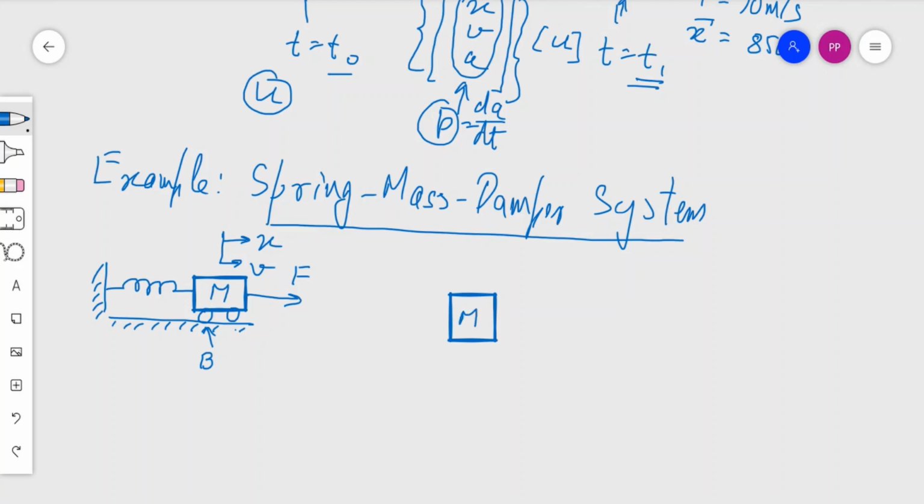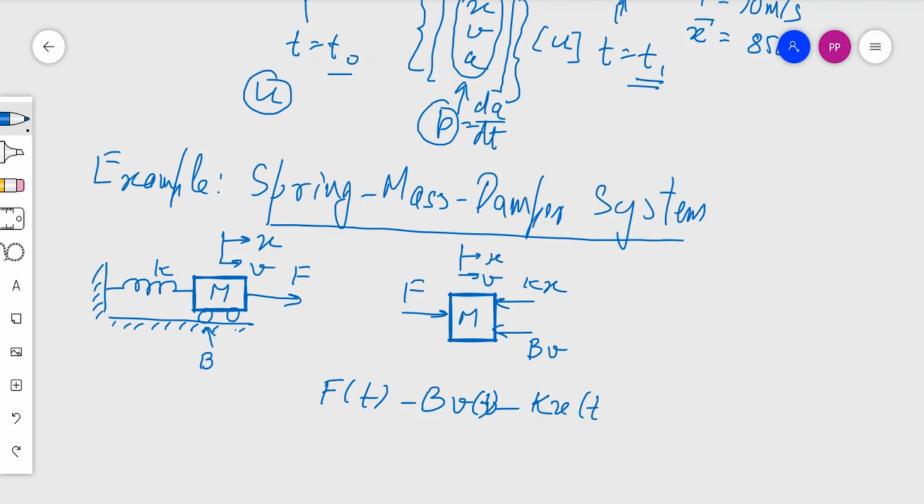You have the mass m where some force is there in the given direction, and the spring constant is k, so some force is working against the movement and some damping force is working against the movement. So here we have the x in the given direction and the v in the given direction, and therefore we can write the equation of motion by Newton's law. So it should be the applied force at any time t is negated by the damping force, which is a function of the velocity, and then comes the spring force, which is a function of the displacement, and these all together